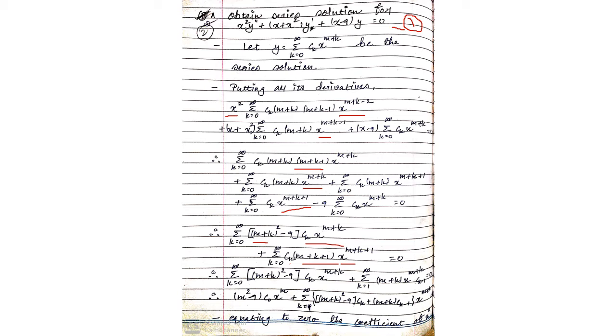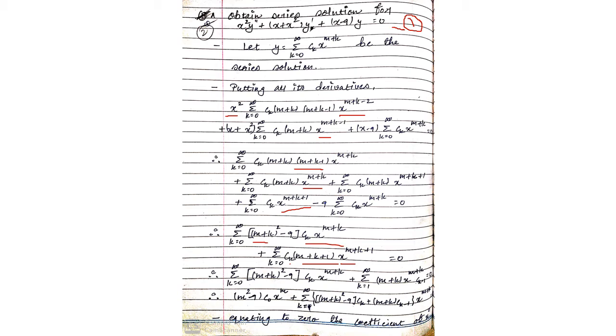Now into the next step, you have to make the same powers, right? Because now you all have similar powers. So just converting into the similar power. So first term keeping as it is, and you have to do the changes in the last term, as you all know very well. Okay. So see the last term, that is m plus k plus 1, and the first term has the power m plus k. So you have to make the same power, that is m plus k.